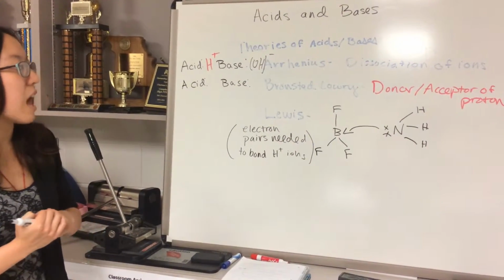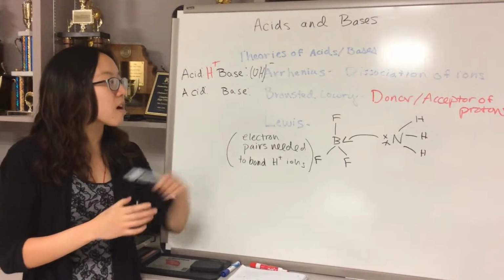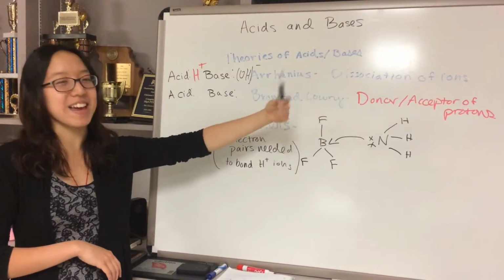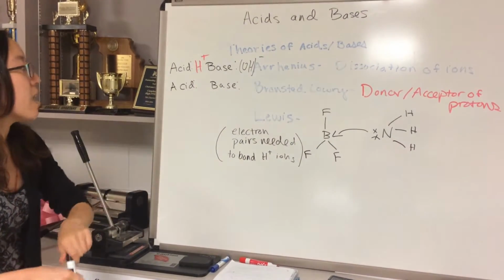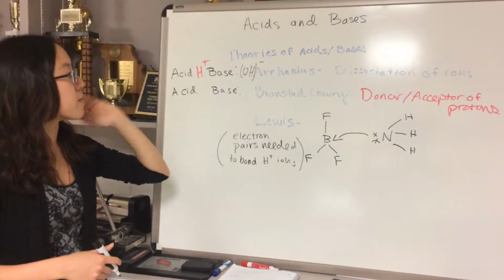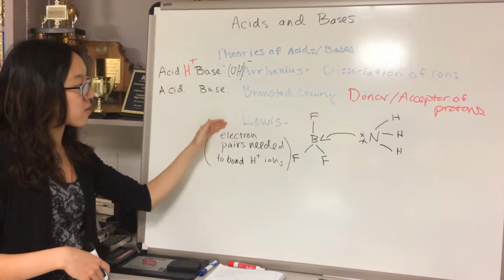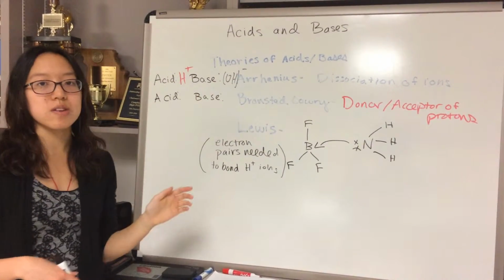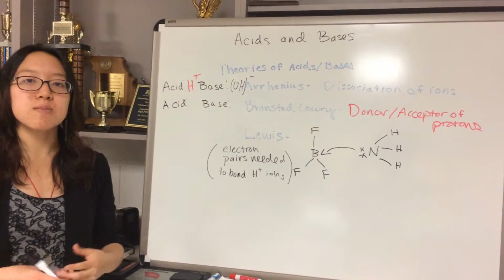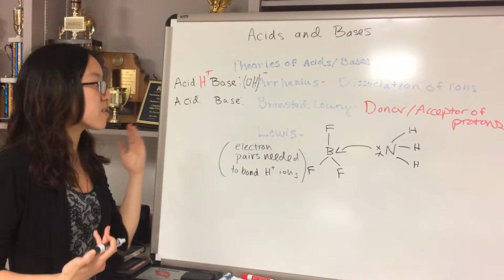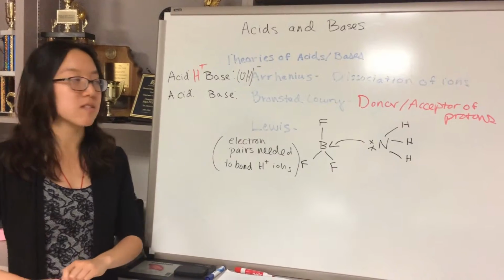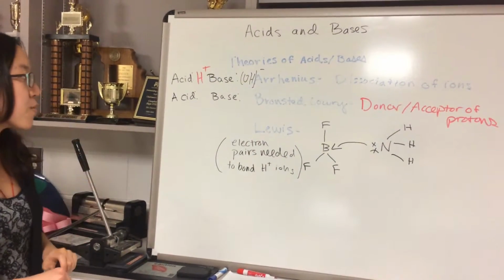It's called the Bronsted-Lowry theory, and it's based on the fact that acids and bases are donors and acceptors of protons. The Bronsted-Lowry and Lewis theories are both later theories, and they much better explain the concepts of acids and bases. Currently scientists use Bronsted-Lowry and Lewis rather than Arrhenius. So our Bronsted-Lowry,